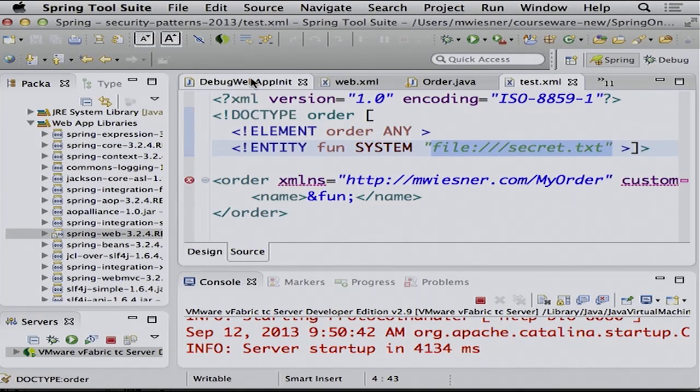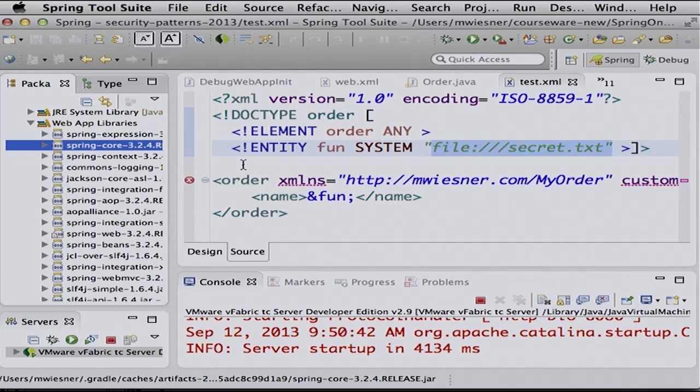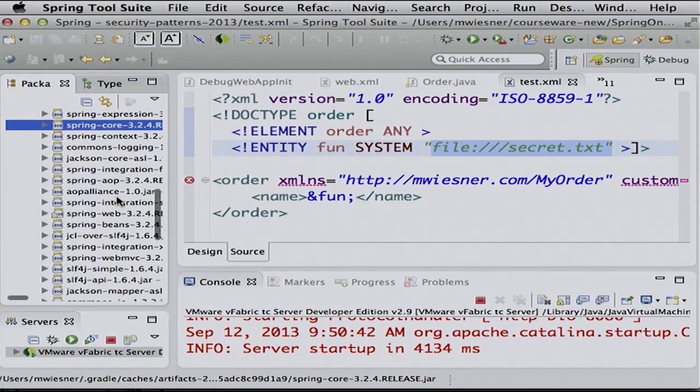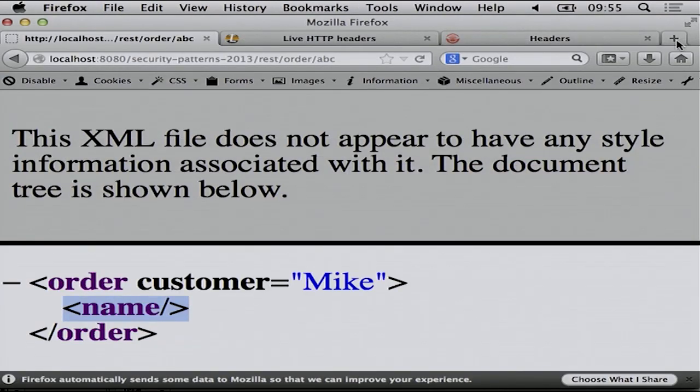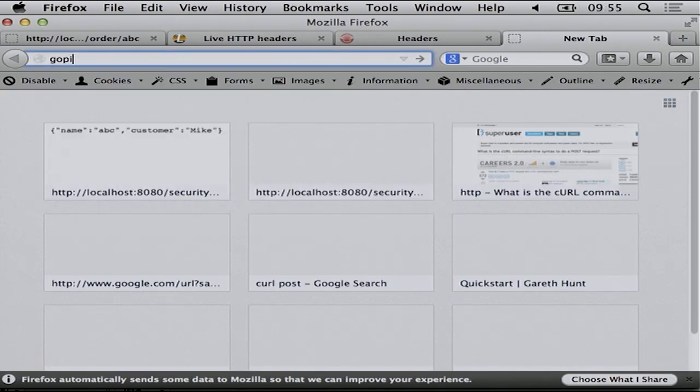So you fix it in the Spring Web. How about Spring Integration and so on? They also read XML files from lots of places. It is fixed in the object XML marshaller, which is part of Spring Core. So it's not fixed in Spring Web. I pointed to Spring Web, that's wrong, sorry. It's fixed in Spring Core, because that is where the XML marshaller is. I'm not sure if it's Spring Core. It's Spring OXM, sorry. And that is used in Spring Integration, Spring Batch, and everywhere. So basically we turned that flag in our JAXB marshaller so that it should not expand it anymore by default. Therefore, it should be fixed everywhere as soon as you upgrade to 3.2.4. Okay, do that.